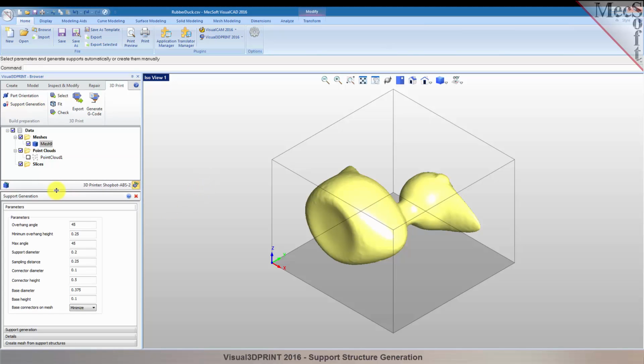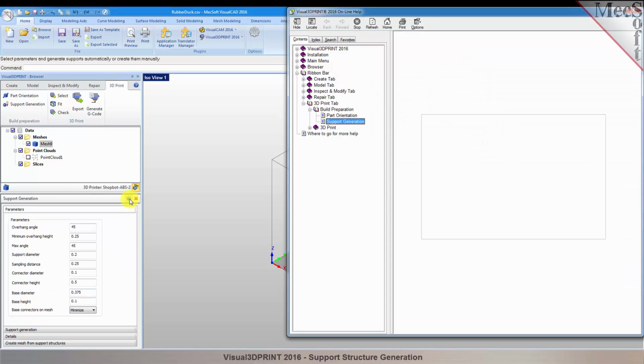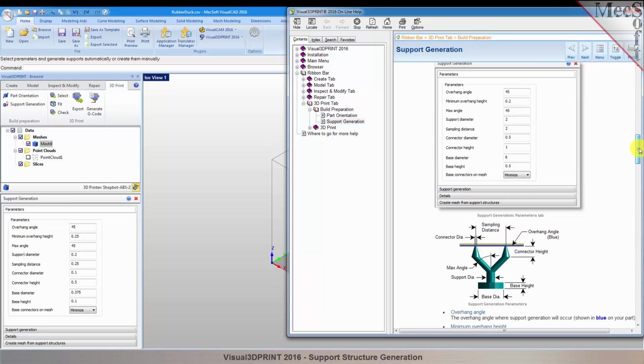now there's quite a few commands and options in the support generation command, and on this first tab, the parameters tab, I think what might help you understand what these parameters mean is let's pick the little help icon here and display the help for this command. Let's scroll down, and what this command does is it's going to generically create a support structure that goes from the base of your overhang on your part down to the printer bed, and it's going to generate this automatically. It's going to figure out how it's going to get from your mesh to the bed based on